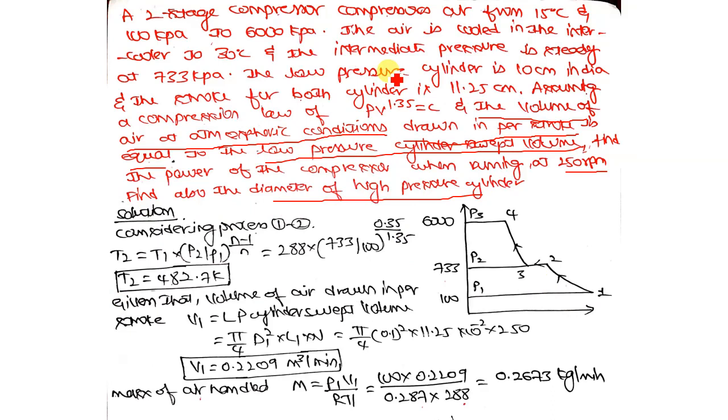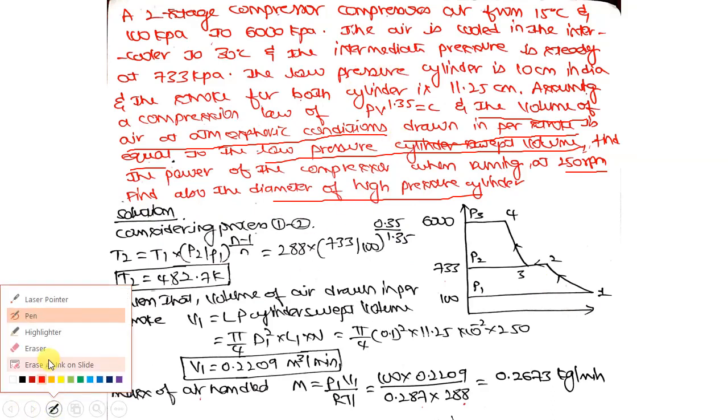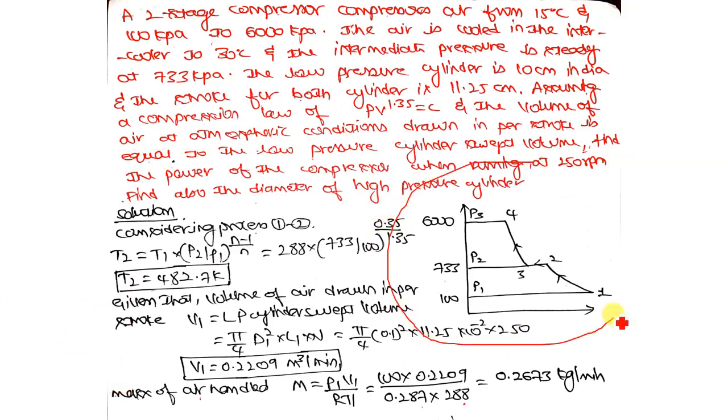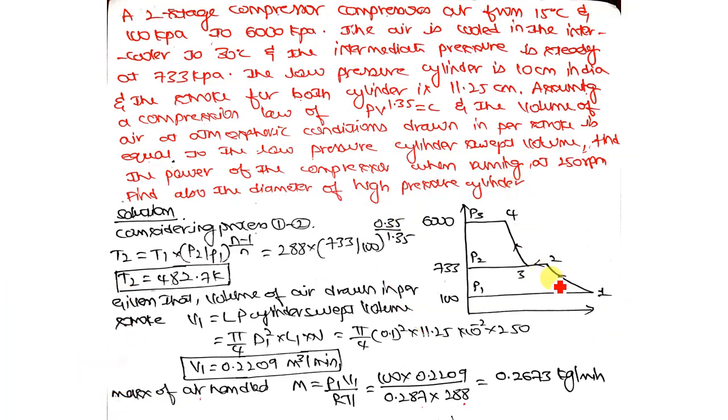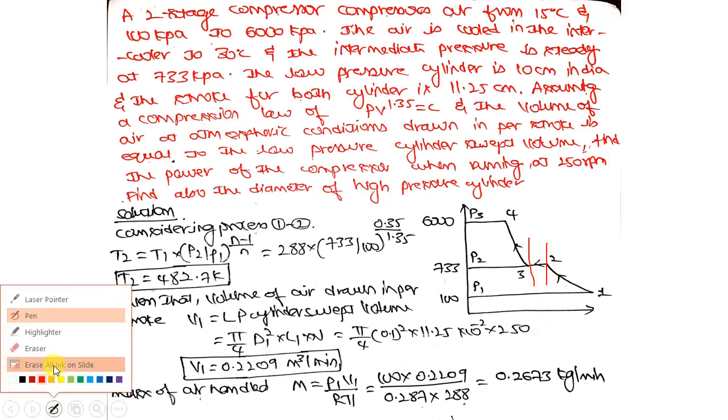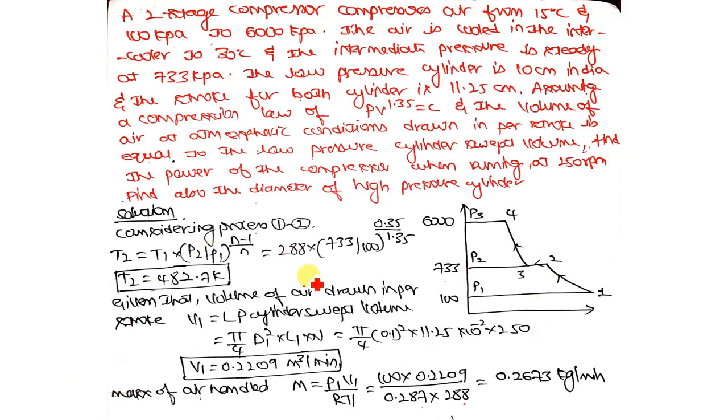For any problem given, first you have to write the PV diagram stating the given data on it. Okay, so the PV diagram is given as such because it is two stage with an intercooler. So intercooler functions from here to here. Now consider the process 1 to 2. So from process 1 to 2, which process does it follow? It is this one, polytropic process.